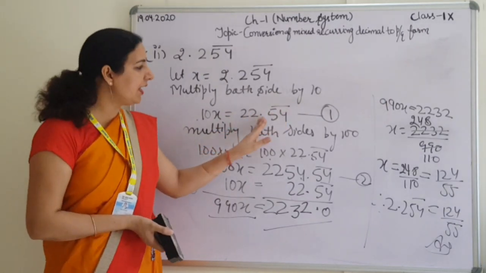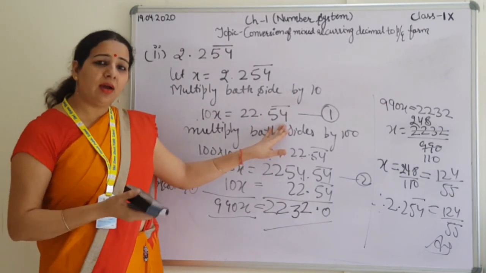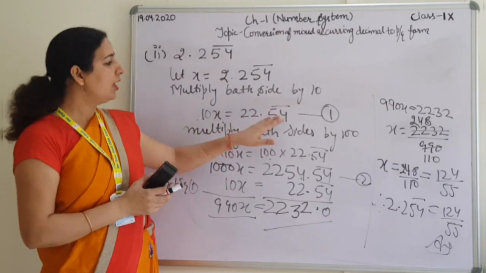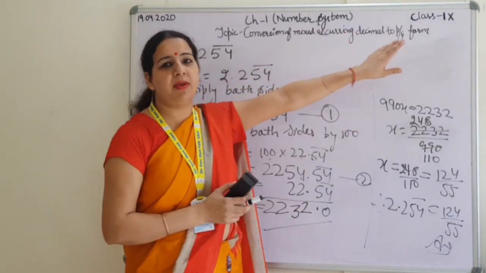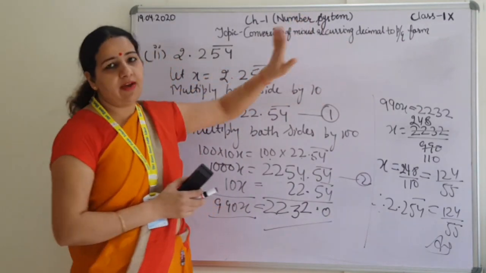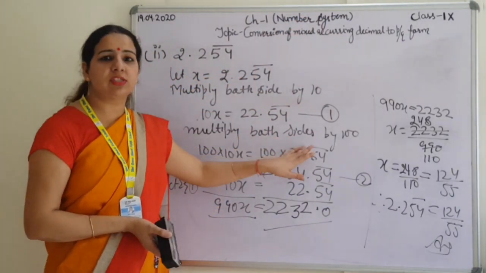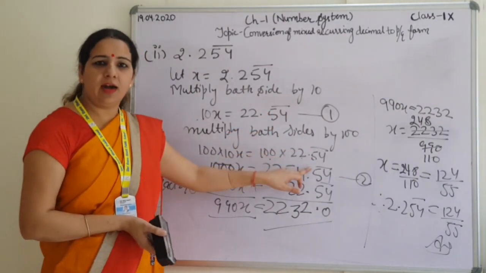It means after the decimal, every number is having a bar, because the numbers without a bar we have already shifted to this side. So this number will be a recurring decimal to convert into the form of P by Q. The word mixed we have removed from here now. So how will we convert it? The same process. The bar is on 2 numbers, so multiply both sides by 100.